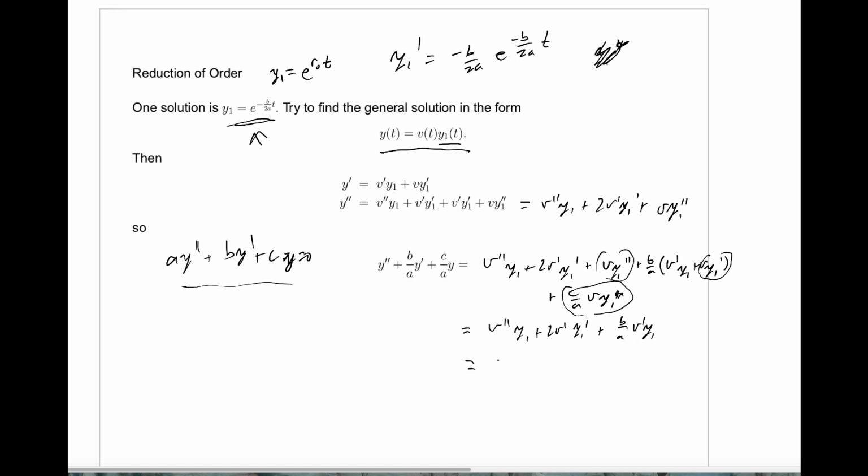We'll plug that in here. We get v'' times y1, which is e to the minus b over 2a times t, plus 2v' y1', so I'll write that as v' times 2y1', which is 2 times this thing, which is exactly minus